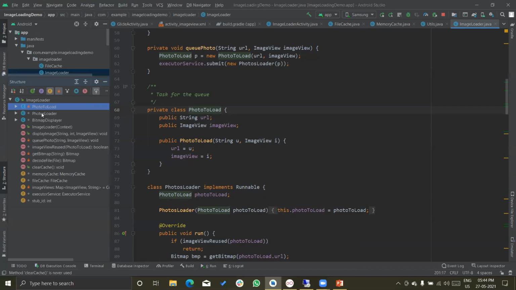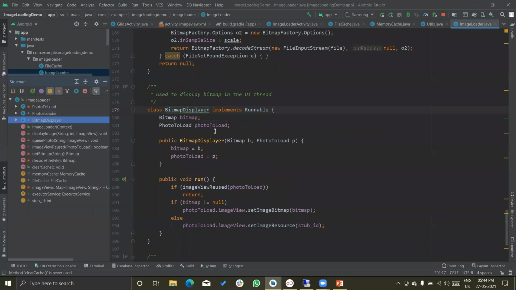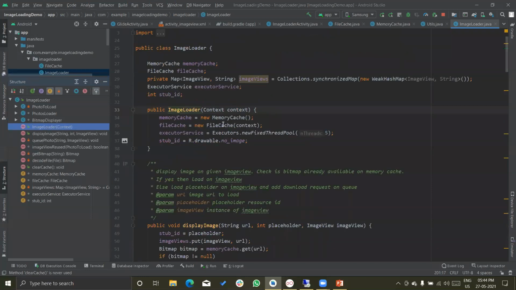And photos loader is the class to run the actual code in a different thread. Bitmap displayer is used for displaying the bitmap on the UI thread. Then here is the image loader constructor, where we initialize the memory cache and file cache, and also initialize the thread.